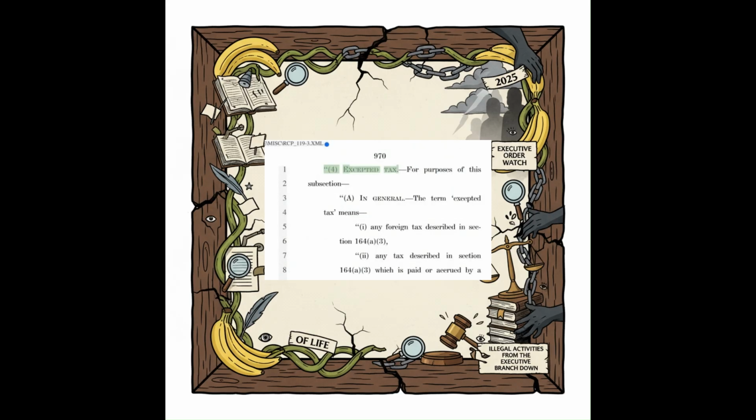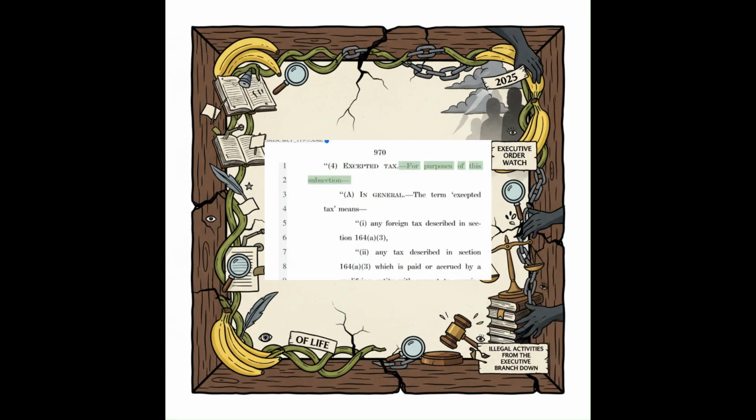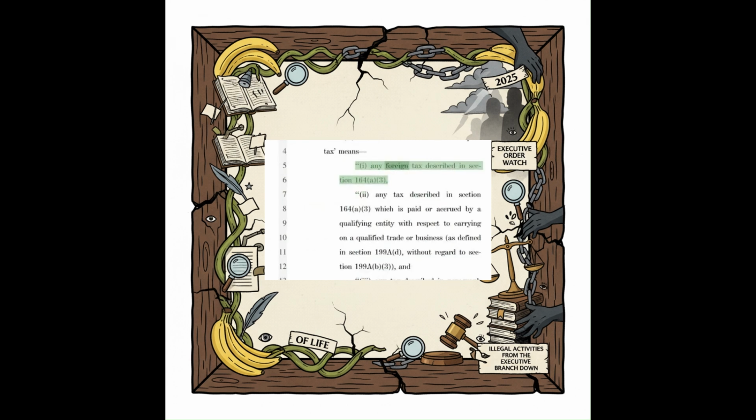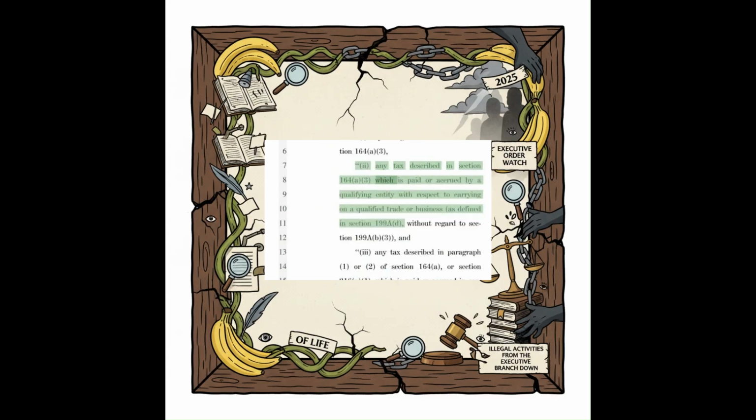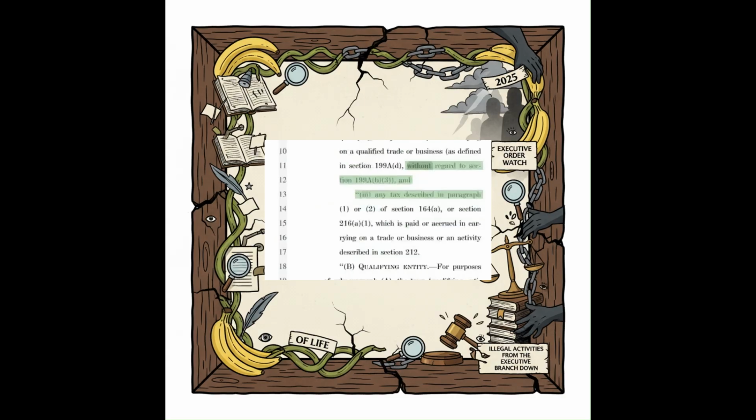Accepted tax. For purposes of this subsection, in general, the term accepted tax means any foreign tax described in section 164. Any tax described in section 164 which is paid or accrued by a qualifying entity with respect to carrying on a qualified trade or business, without regard to section 199A, and any tax described in paragraph 1 or 2 of section 164 or section 216, which is paid or accrued in carrying on a trade or business or an activity described in